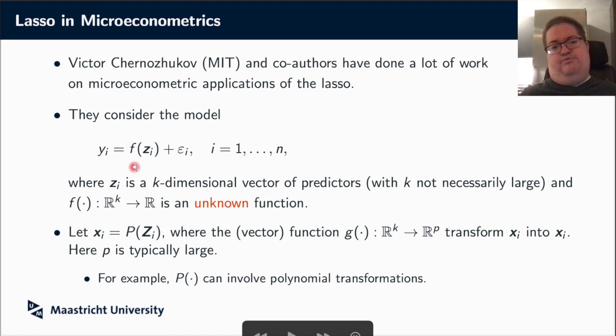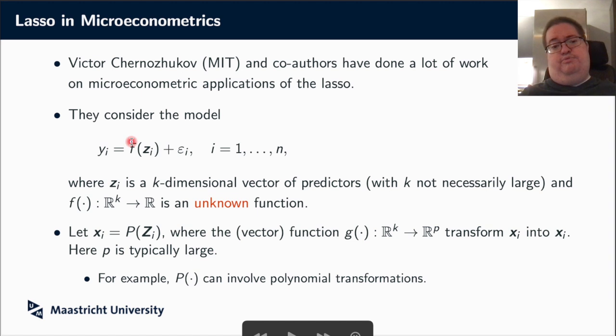Let's assume we have some sort of model where we have covariates, predictors Z, and we have Y being just some function f of those covariates, plus of course an error term. And this f is an unknown function, so we actually don't know the particular functional form. So this makes this a very general model. Now, of course, there's no direct link to estimating linear models with the lasso. So what they argue is, well, you can probably come up with a linear model that is a nice approximation